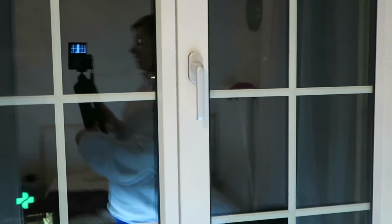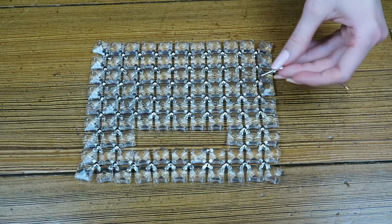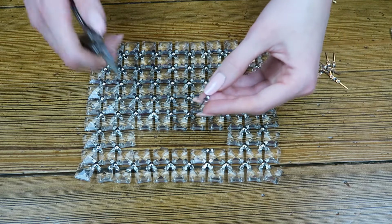I wish I could say it was midnight to be a little more dramatic, but honestly, it's only 8 at night. So yes, that took me an extremely long time, but what we're going to do next is